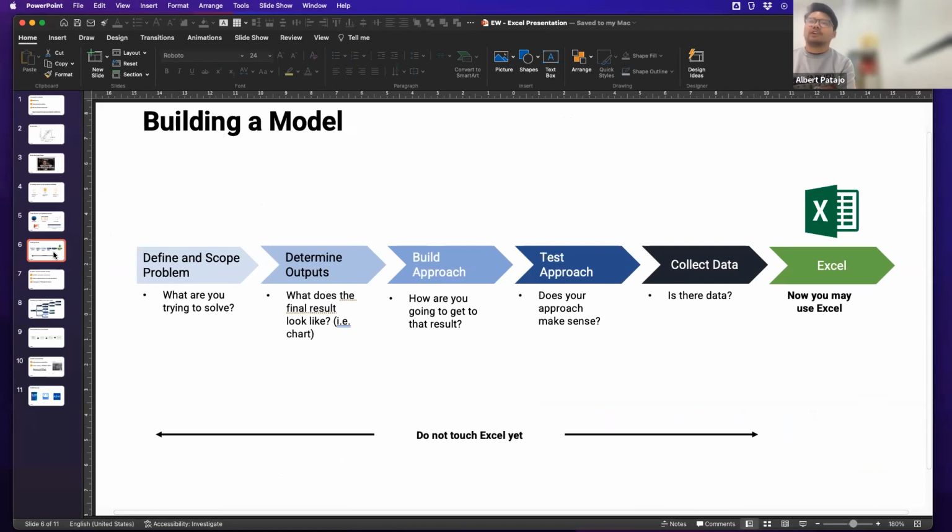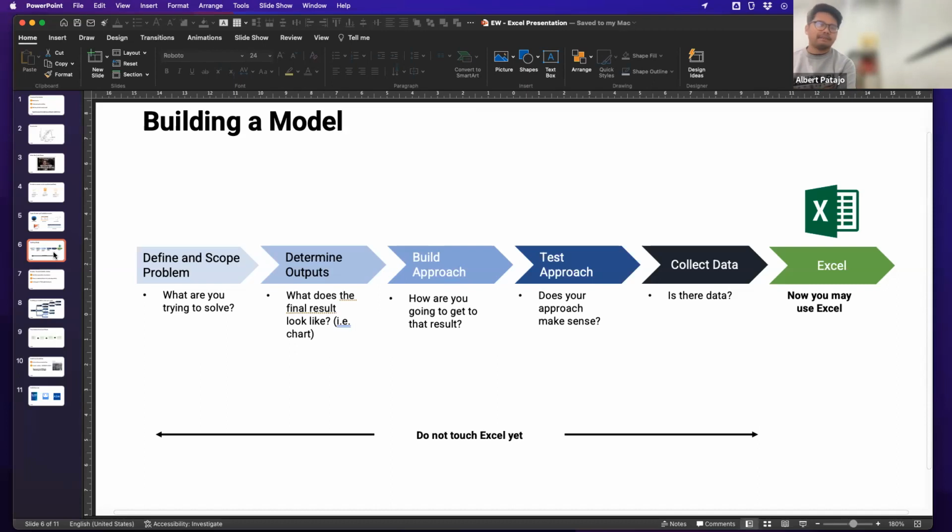And so what I want to get across is that when you use Excel, you're really just trying to solve a problem. And part of that problem is done through Excel, and it'll spit out calculations so that you don't have to do that. And so the first step for me when I'm trying to build out a financial model or any sort of model is: what am I trying to solve? What specifically is the problem here?